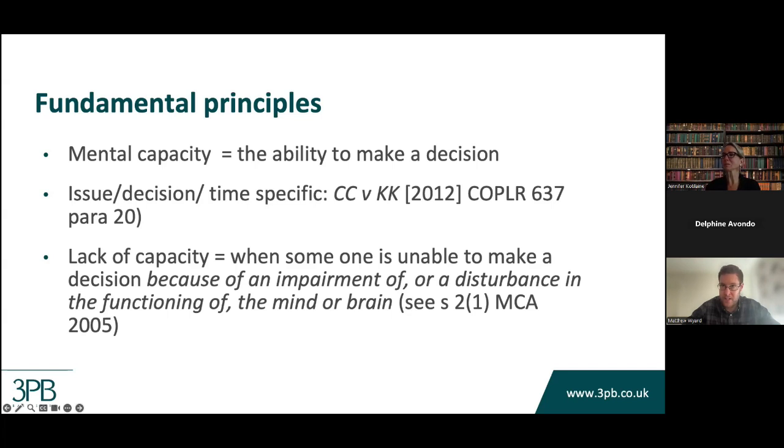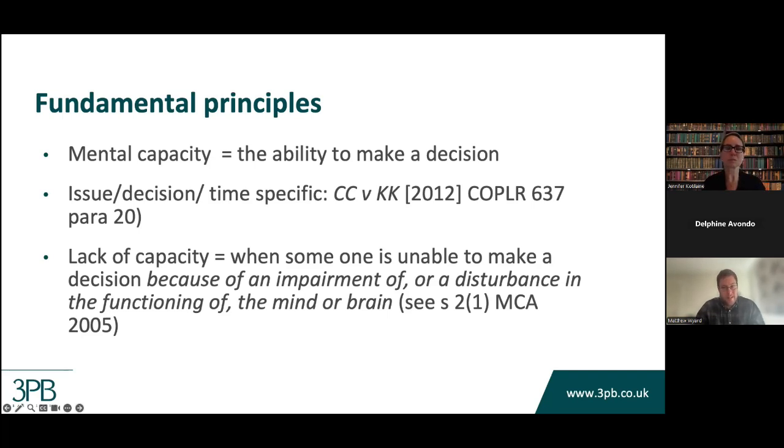So what that means in practice is that when you look at someone who may lack capacity, it's not a black and white question. It's not they lack capacity or they don't. It's in relation to a specific decision. So does P, as they're called in the Court of Protection, have capacity to have contact with X or Y? Could lead to a very different answer to whether someone has capacity to live with X or Y.